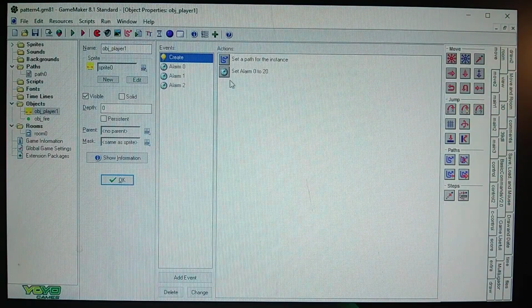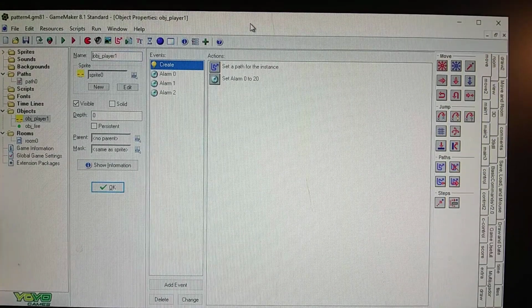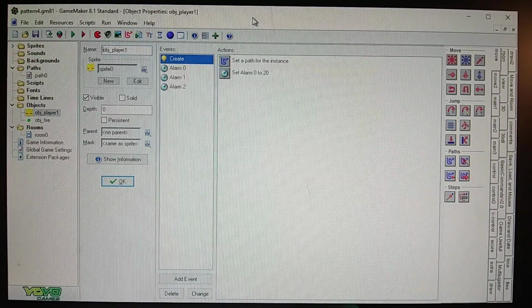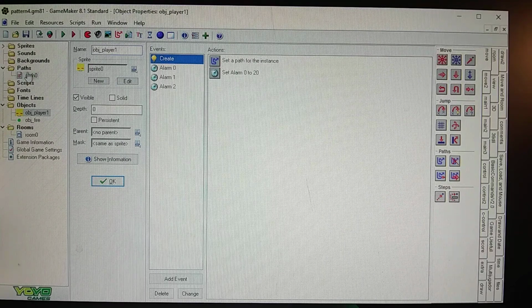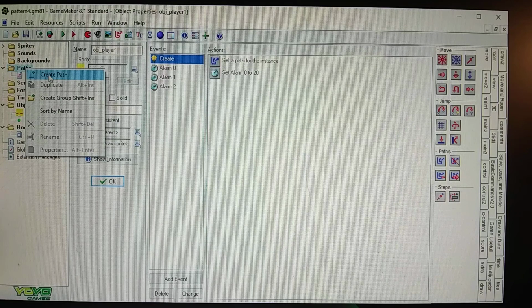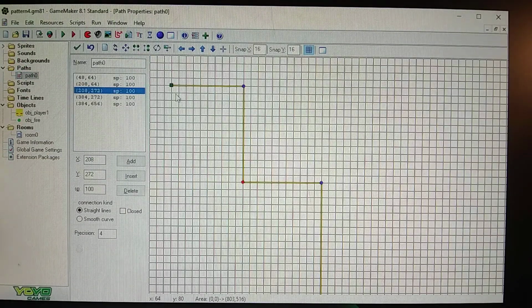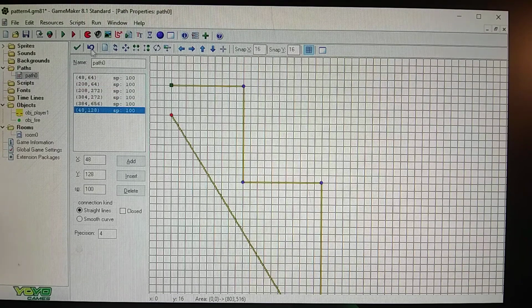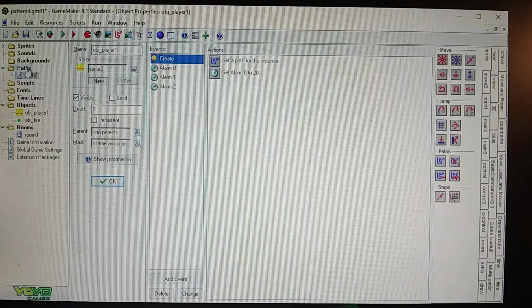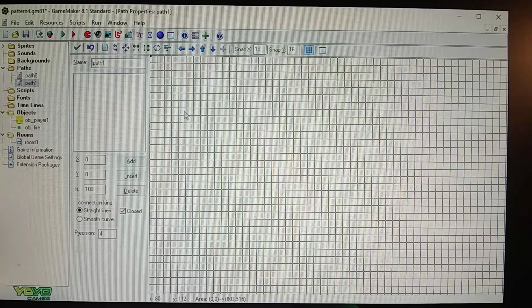Alright, and I'm going to show you one other thing here. And so I went to paths here, and I right click and create a path. So all you do here is you just plot a point. Actually, let me make a new one. Create a path. So all you do is plot a point,